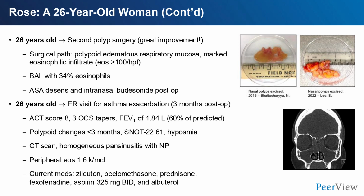And even though she was very diligent with intranasal steroids post-operatively, she was taking her aspirin very consistently to maintain that level of desensitization. Unfortunately, we started to notice some things creeping back in, where 3 months after her surgery, she was seen at the ER again for an asthma exacerbation. Her ACT score, when I saw her 6 months after, was 8. She had gotten 3 rounds of oral corticosteroids between the time of surgery and that 6-month follow-up with me, and